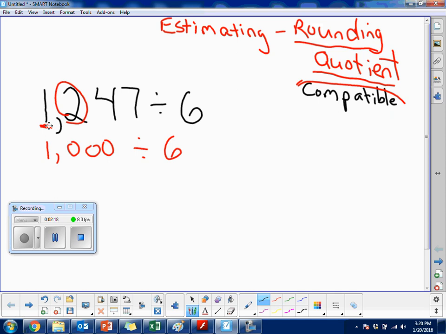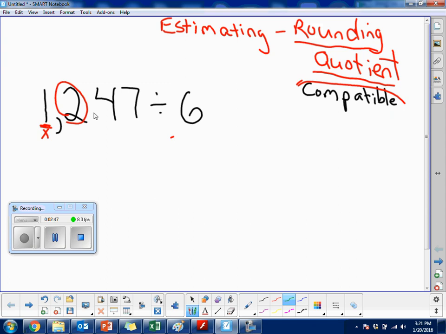If we cross out all these zeros, we have 1 divided by 6. Well, we can't really do that. So let's try 10 there. 10 divided by 6. You can't do that either. 100 divided by 6, you can't do that either. So guess what? 1,000 divided by 6 is not a compatible number. You can't do that at all. So I'm going to get rid of that 1,000 divided by 6. Since we know the 1 doesn't work,